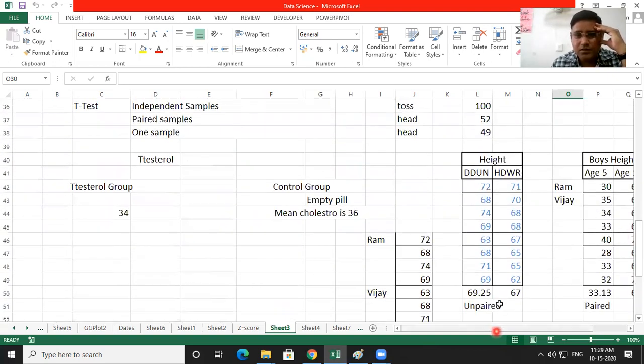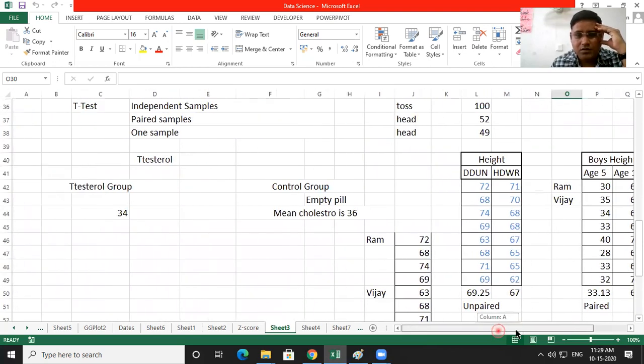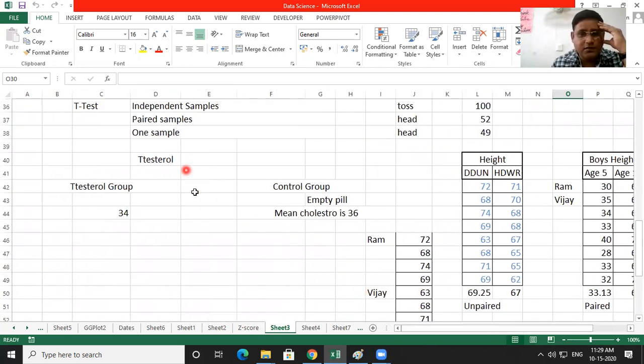Let us suppose Baba Ramdev ji has given Coronil tablet to fight with corona. So in this pandemic, Baba Ramdev ji proposed one tablet, that is Coronil tablet. So now we want to check whether that tablet is working or not. See, in sciences, we cannot rely on mean only. With mean only, we cannot say that there is some significant difference. So for that, we need a t-test.